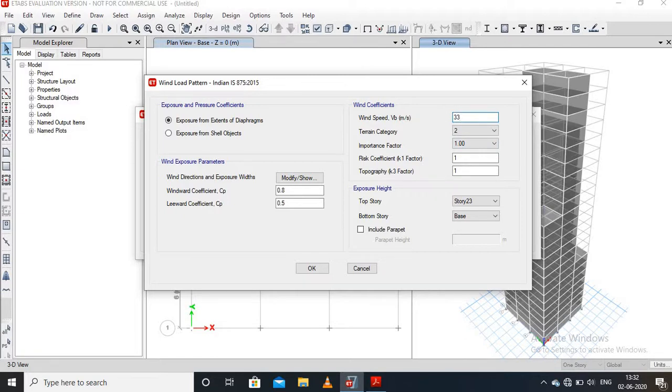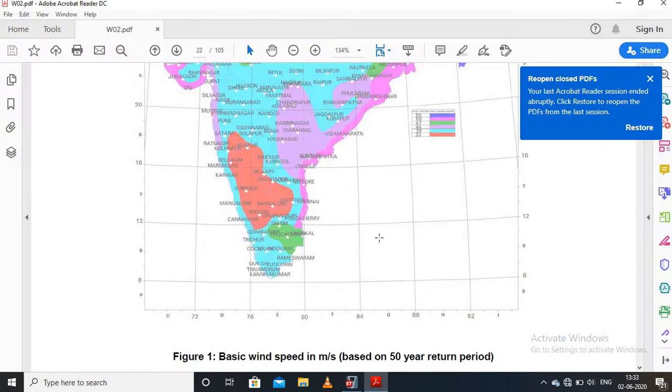Then the terrain category is 3 as shown in the IS code. Change it to 3. Importance factor is 1 and risk coefficient is 1 and topography factor is also 1 as shown in the IS code.